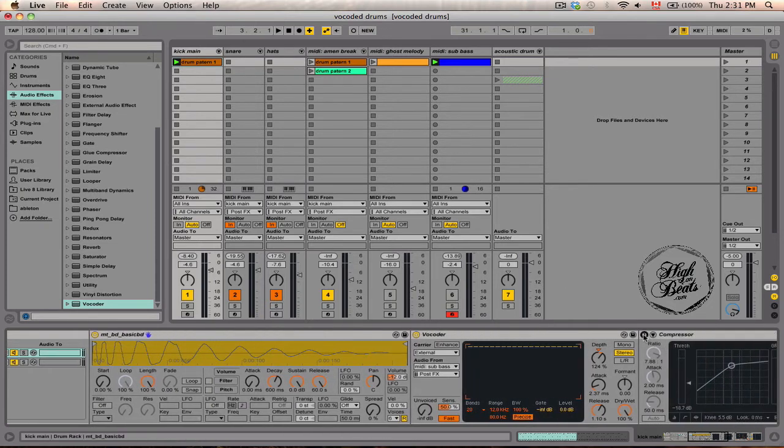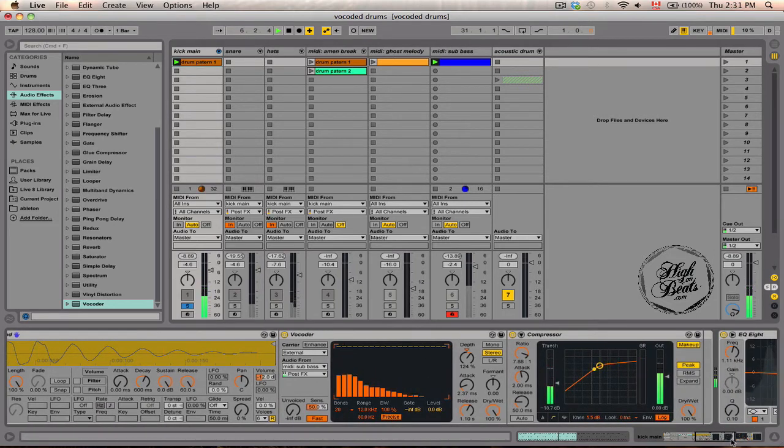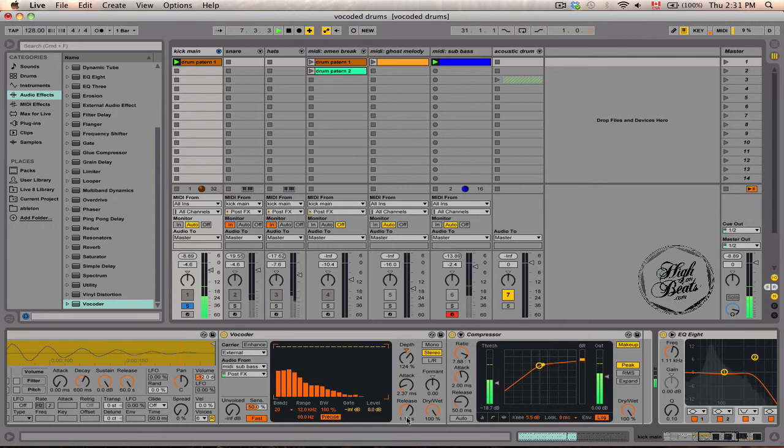And I'm going to add a little bit of compression. Well, let's start without compression and see what this does. So adding a little bit of release, you can play around with it and really sort of mold it into a melodic sort of